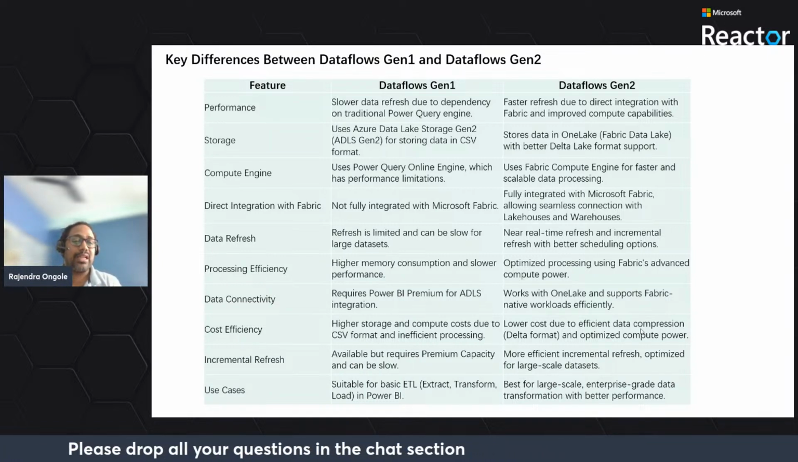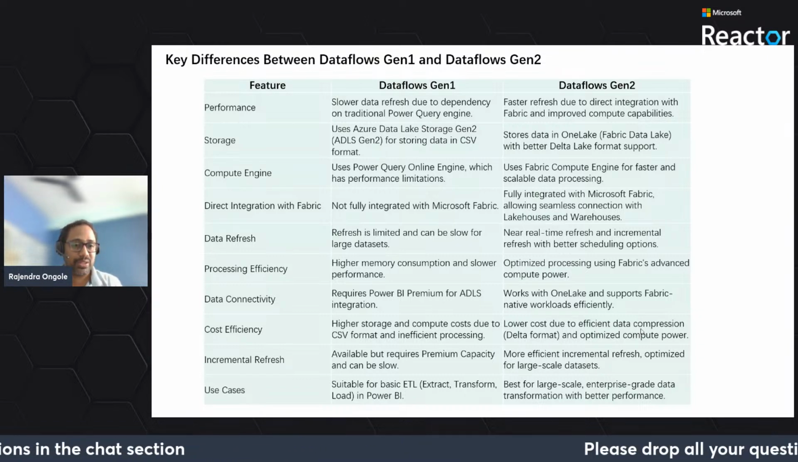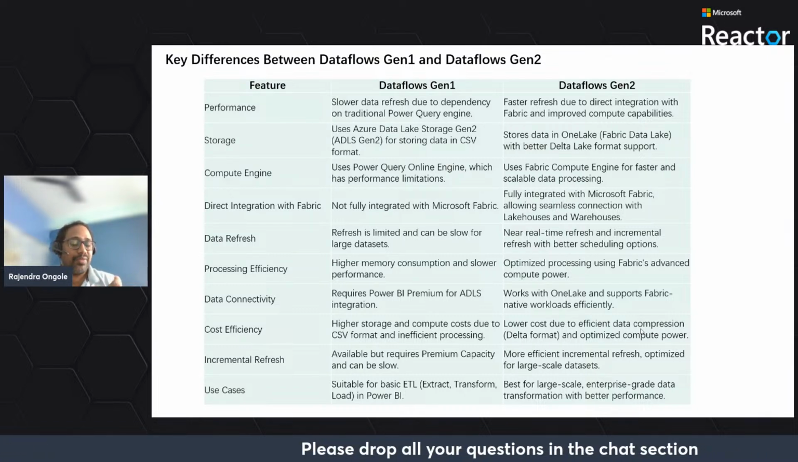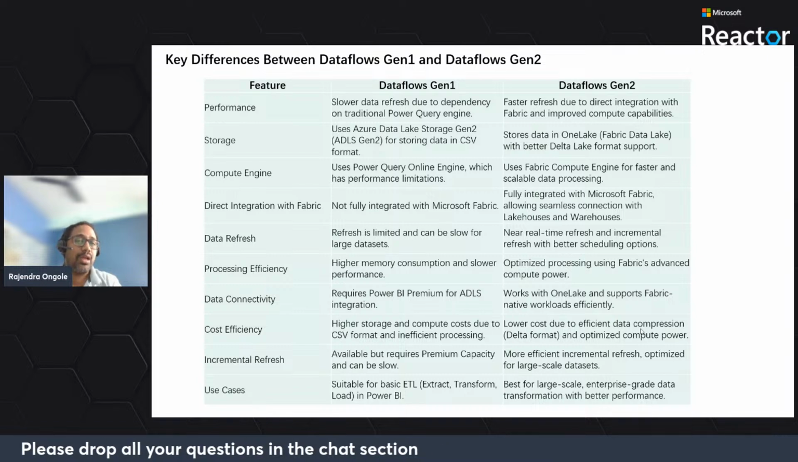We are going to extract the larger data models, larger data sets, as per the project. So most of the time, as per the backend data, after analyzing the data, we will choose either Dataflow Gen 2 or Gen 1. Gen 1 is, in simple terms,